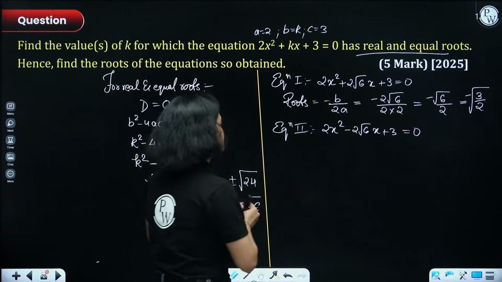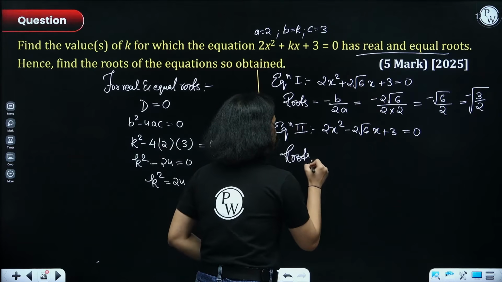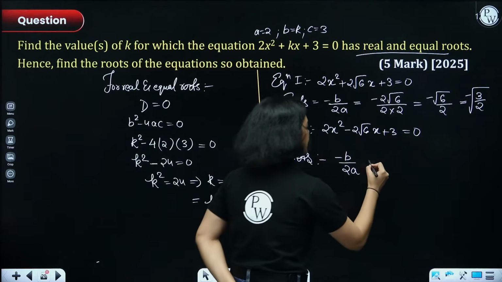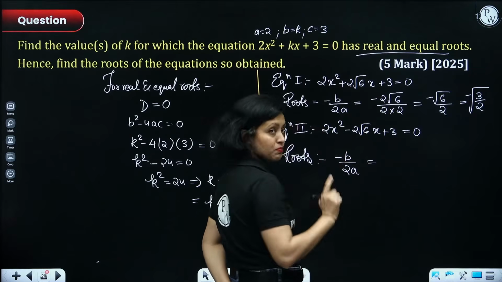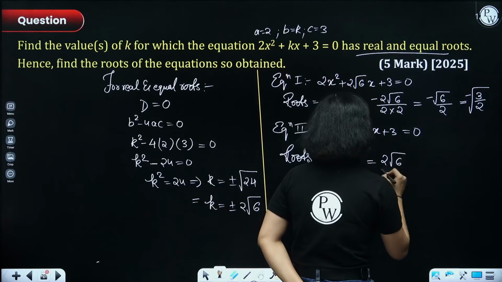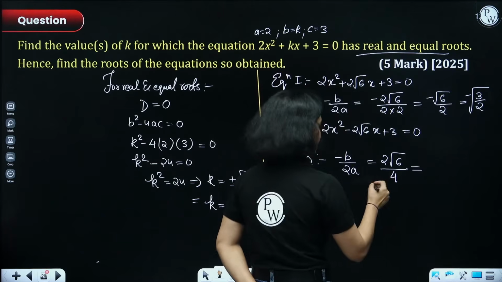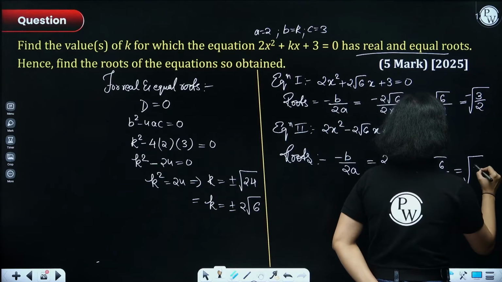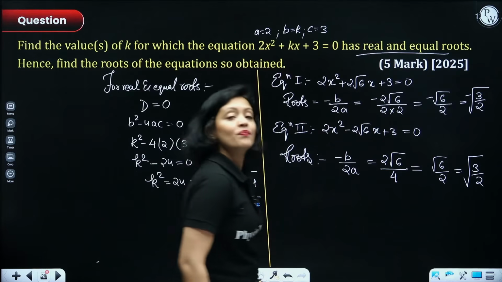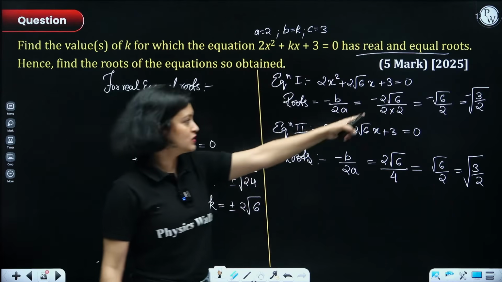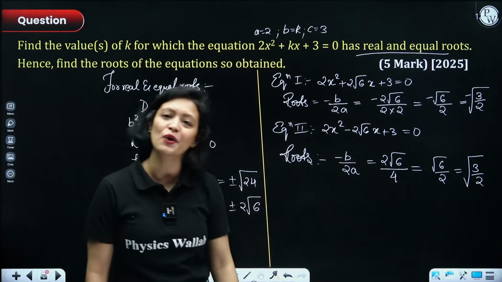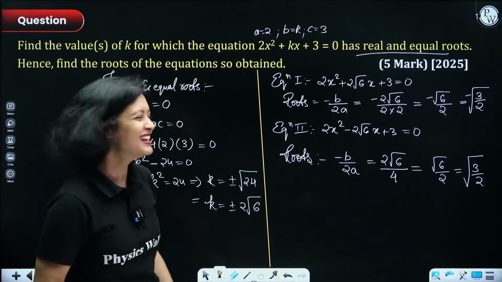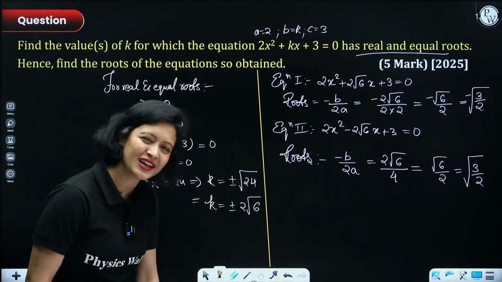We got one root. Now for the second equation also, we'll figure out the roots. The roots again would look like minus b by 2a. So here minus b by 2a would be, minus minus positive, 2 root 6 divided by 4. This time again we'll have root 6 by 2, so that would be root 3 by 2 in positive. So both these equations have repeated roots and we have written down the roots. How easy was that, right? It was a 5-marker question, guys, and I think it was a very, very basic question. So with that, let's move on to the next problem.